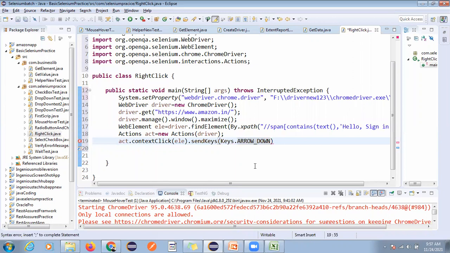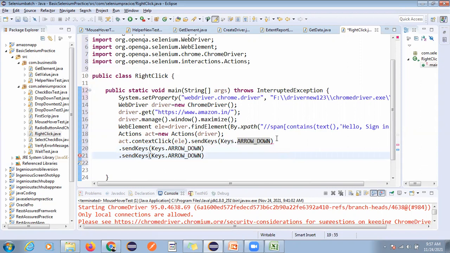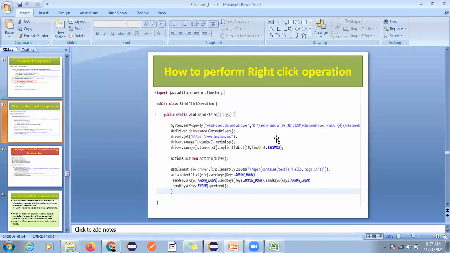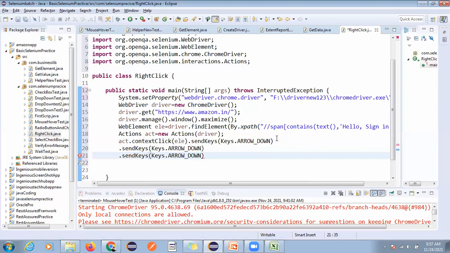I am repeating this step two or three times only for your practice purpose. But I could see this keyboard operation is not working on this Amazon page.